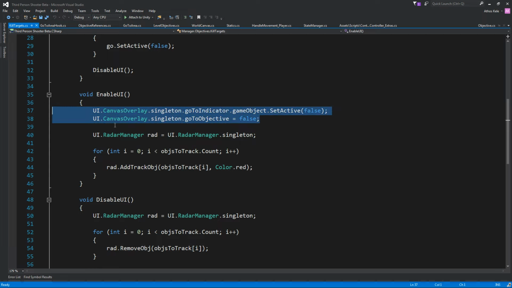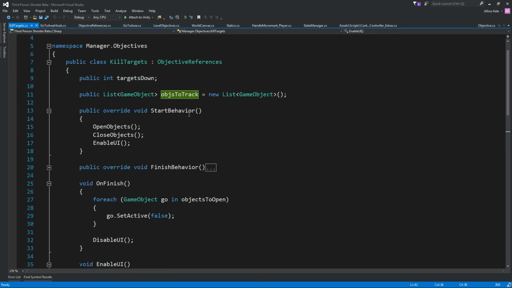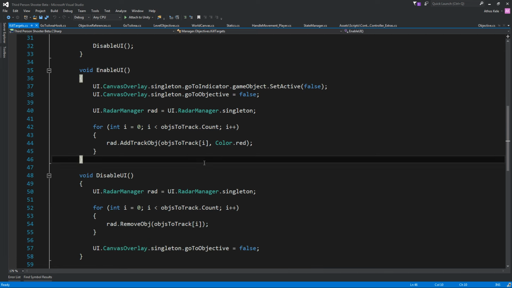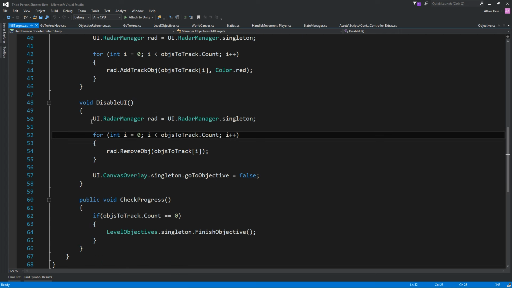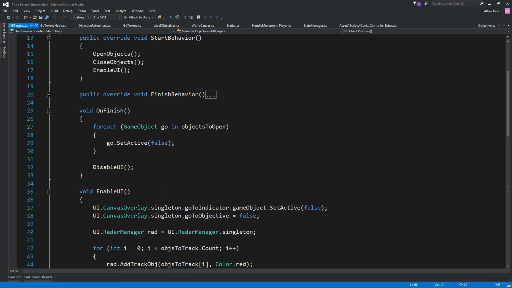Okay, we're basically resetting the values for a canvas overlay, and we're going to find a radar manager, and we're simply going to add every object we have over here into the radar so they can be tracked. When we are disabling the UI, we're going to do the same, but we're simply going to remove them, and we're going to reset again that it's not a go to objective. Check progress, you will see where this goes,